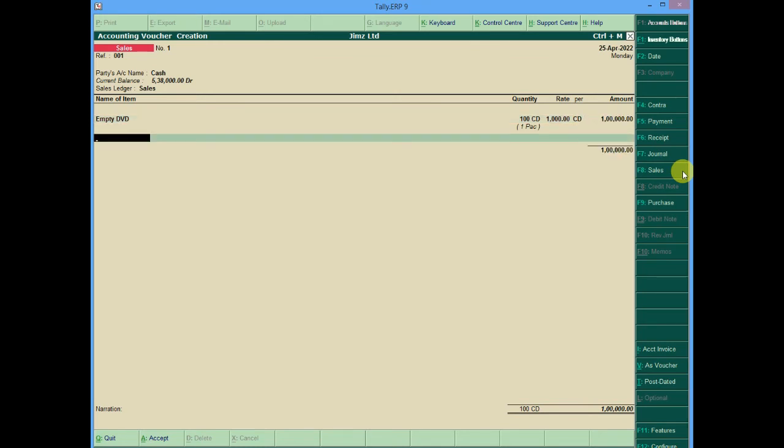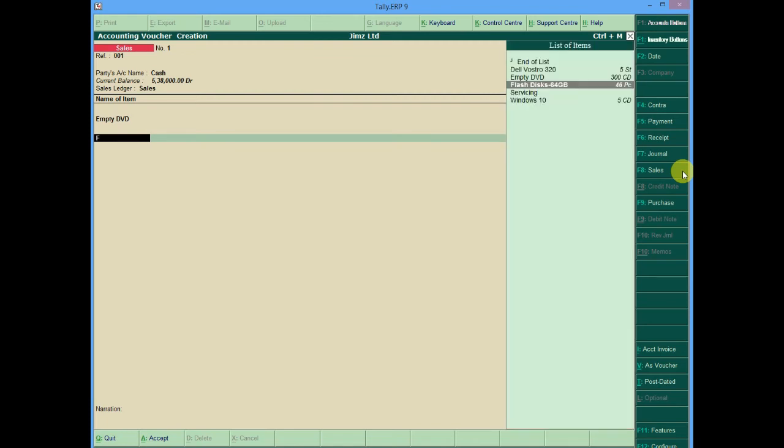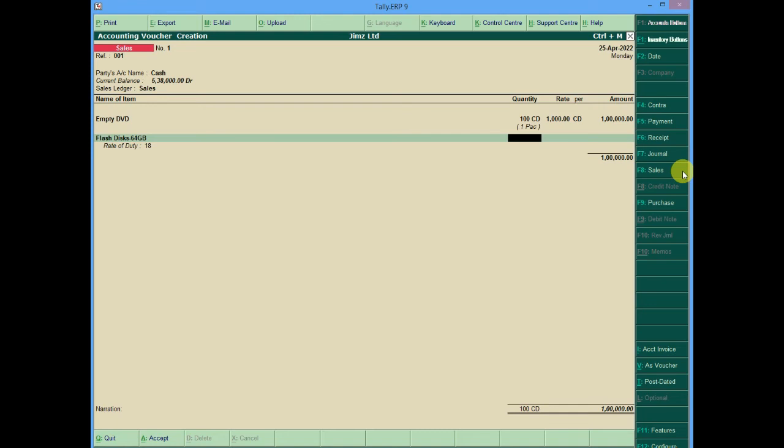You could also perform another sale on the same tab, whereby we can maybe sell these flash disks. We are going to sell off 2 flash disks. We are going to sell each at 50. That gives us 100,000. Enter, enter,